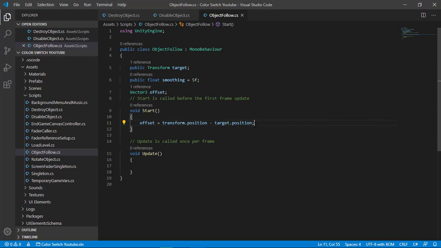So our offset will be calculated by this, and then what I need to do is change this method. It's Update, and I'm going to change it to FixedUpdate. Okay, so you will be thinking, what is this FixedUpdate and what is the difference between FixedUpdate and